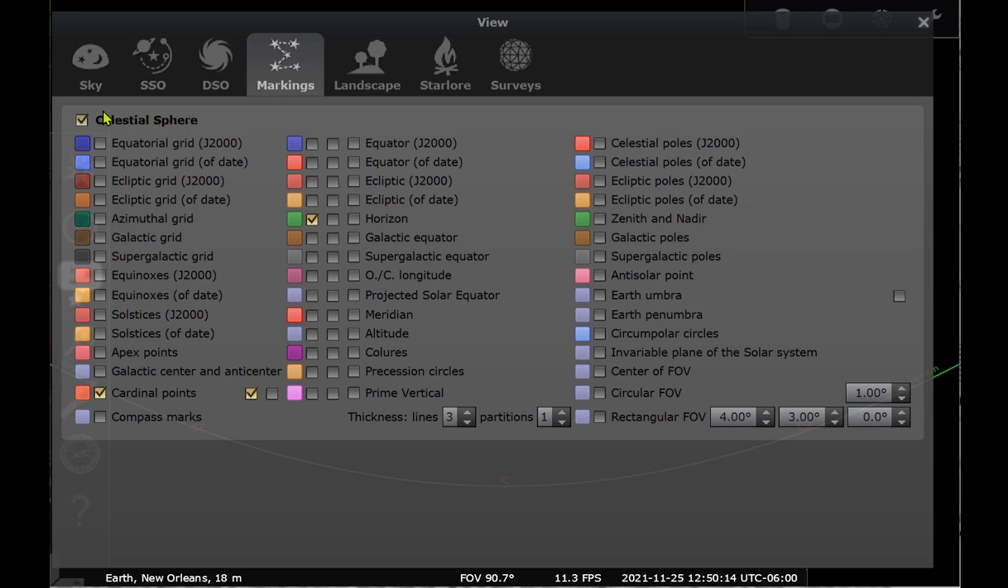We make sure that the celestial sphere option is checked, and we see that the cardinal points and horizon are checked because we already turned them on from keyboard shortcuts. So we're now going to turn on the celestial poles and zenith and nadir configuration points. Explore more of these options as you become more familiar with the night sky and these parameters. Let's exit the window